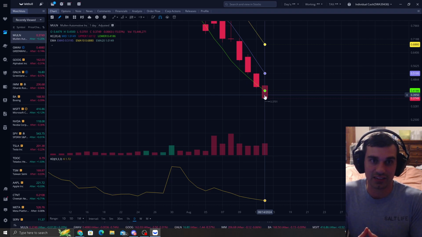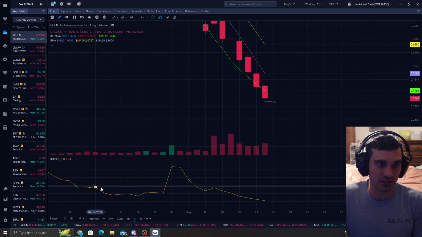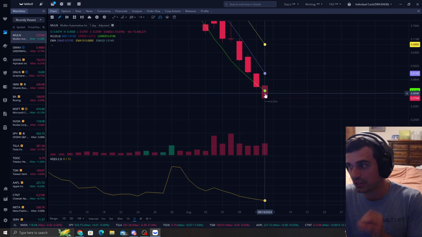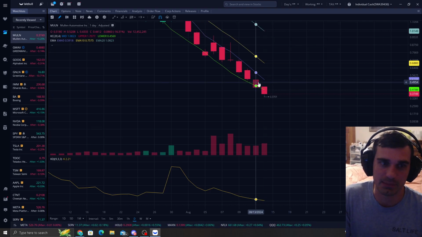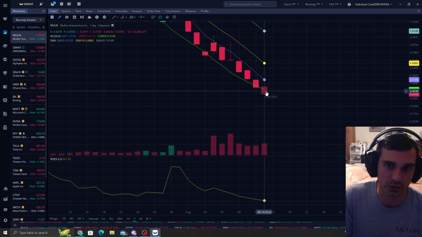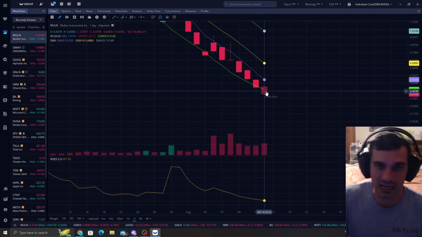If you look at the stochastic oscillator, we're at a 1.72. That is this oscillator down here. I very rarely see a K under 2. So when I see that, I'm like, okay, I can't pass this up. This was a K at 2.21 after this down day. We had a 15% down day and are at a 1.72.